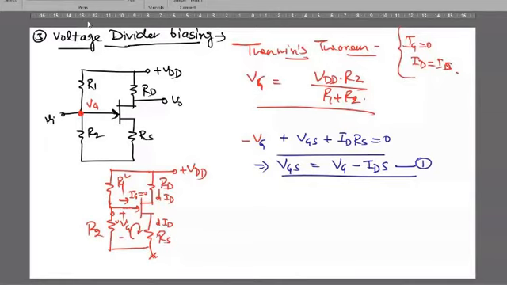And finally, you can apply one KVL equation in the output loop. So it becomes minus VDD plus IDRD plus VDS plus IDRS equals to 0. And you can put the value of RD, and you can calculate the value of VDS from here. And IDS you can calculate by using that current equation, Shockley's equation. Already you know. Okay, so let me solve a numerical so that it will be very easy to understand.